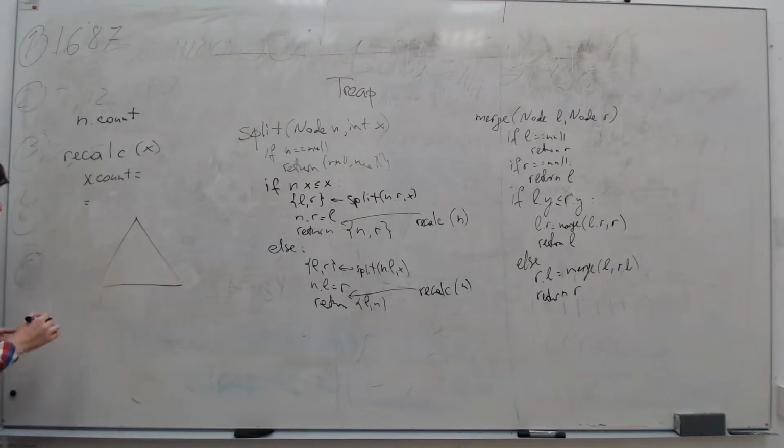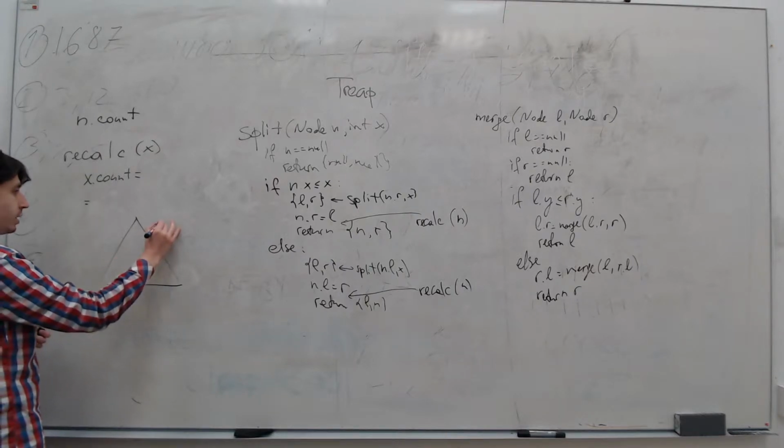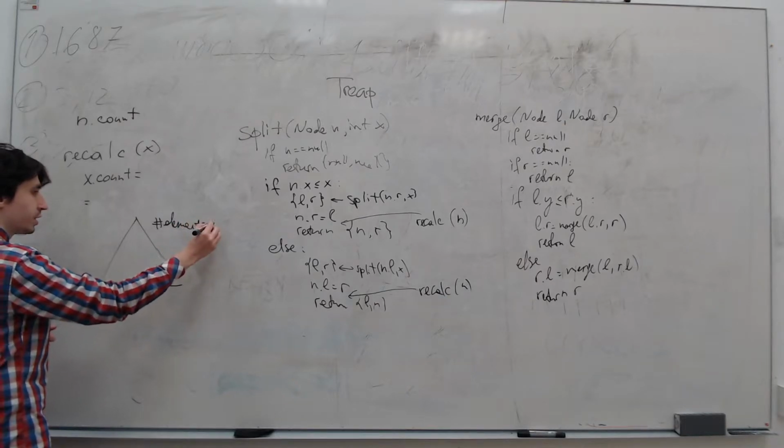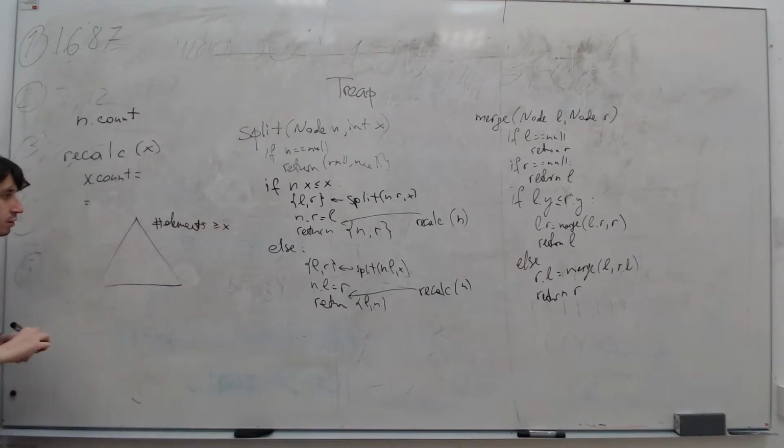So we have a query, for example: please tell me the number of elements bigger than x. How will you answer this query? Okay, if you have count, we can just count, because since it's a tree, we found the place of x, we know that it's also in binary search tree order, so every left branch would be less.